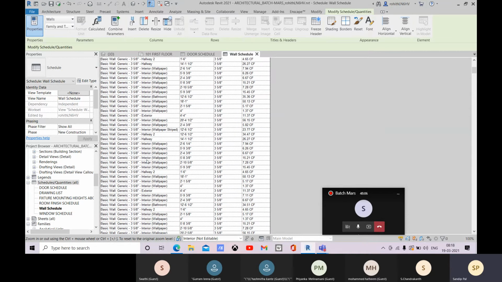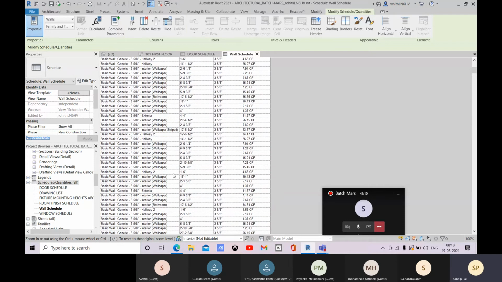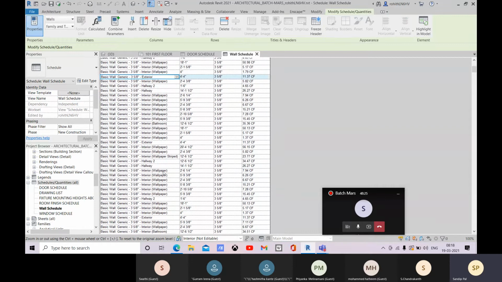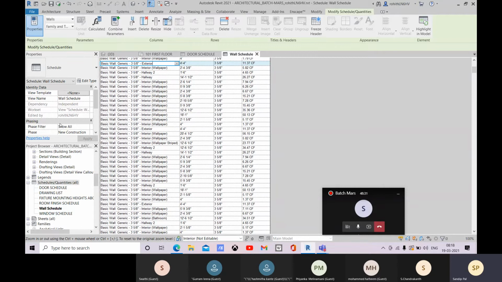Here you can see all the types of walls are there. Suppose I want to separate out the exterior walls, and I want only these exterior walls to be available within this schedule. For that, I will come to the filter, sorting or grouping option.